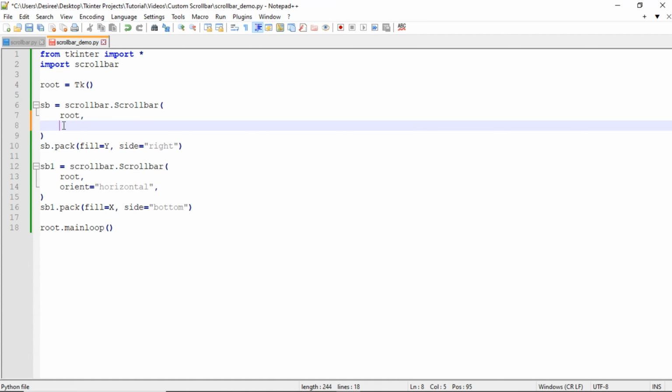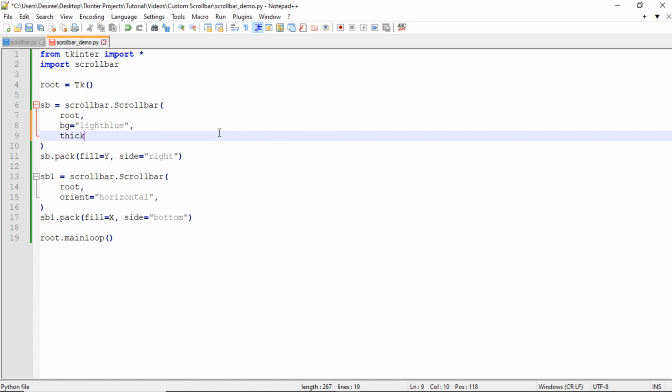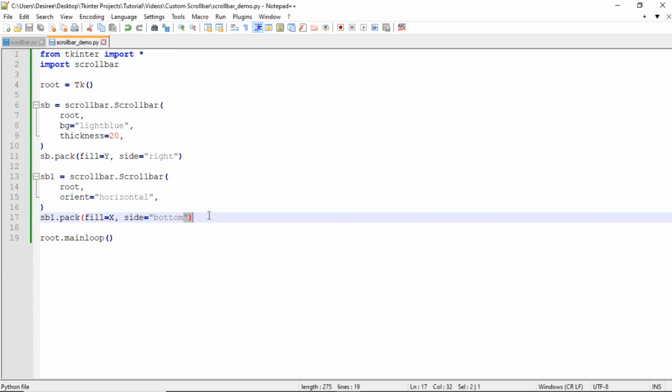Okay. So let's change the vertical track's color and thickness by passing in a background color and a thickness. So underneath root here, we'll do background is equal to light blue. And then underneath that, we'll do thickness and set it to 20, okay? And now let's do the same for the horizontal scroll bar, but we're going to do things a little bit